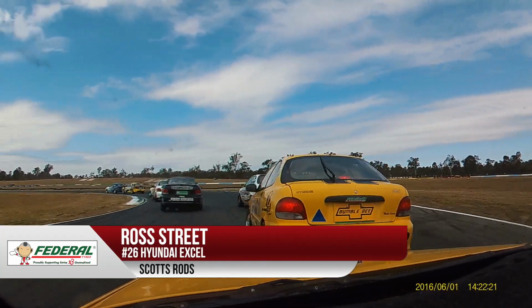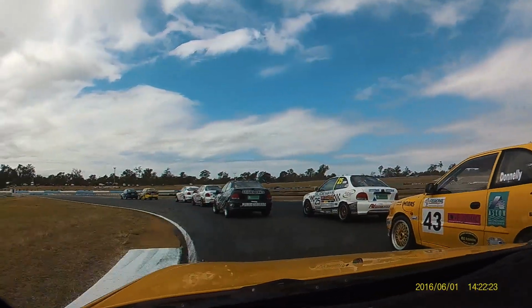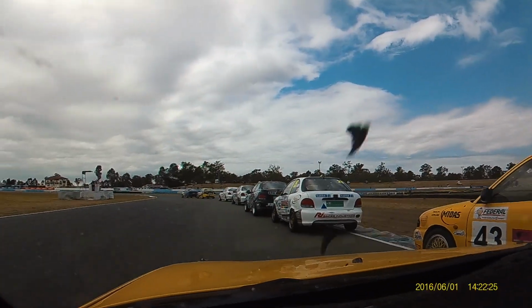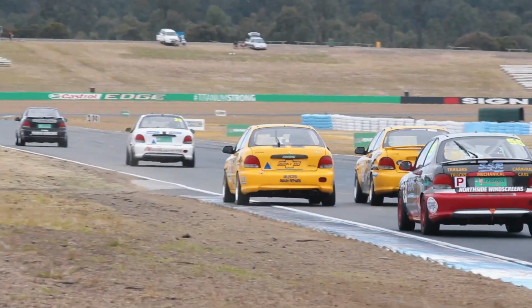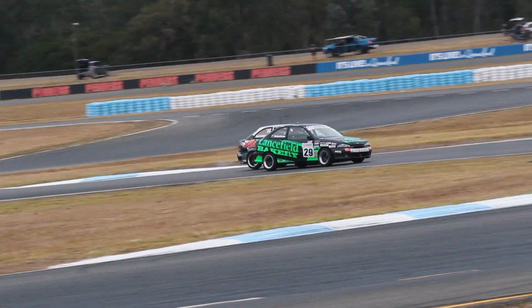Look at this. Great drive here. That's Chris Donnelly, who finds himself in the middle of this battle as well. And they're side by side, the 2 yellow cars, as they make their way to the front straight. Look at this side by side